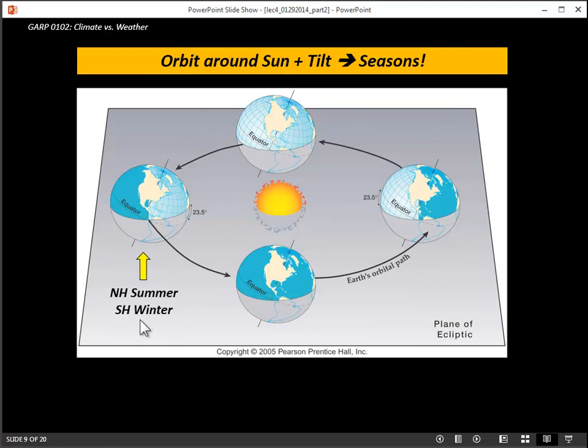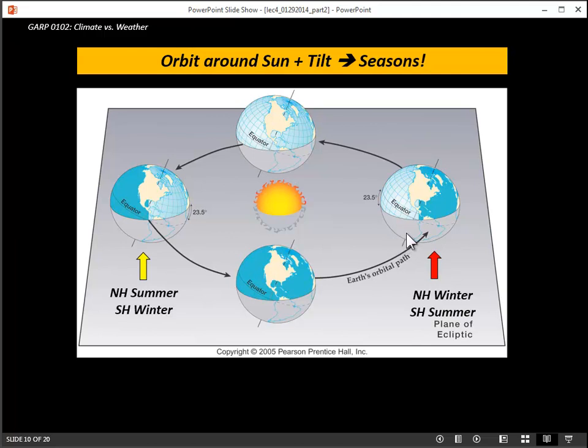So if you want to go skiing in June, the best place to go is Australia and New Zealand. The inverse happens when the tilt of the axis is as such. The northern hemisphere is tilted away from the sun, and the northern hemisphere has winter. In contrast, the southern hemisphere is pointing towards the sun, and there's summer in the southern hemisphere. So the best time of the year to go to Australia and New Zealand, unless you want to ski,